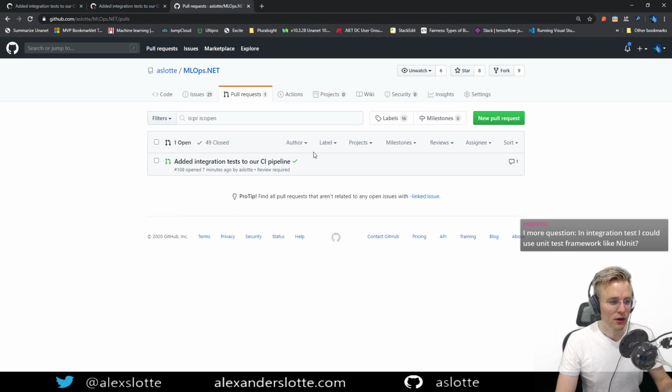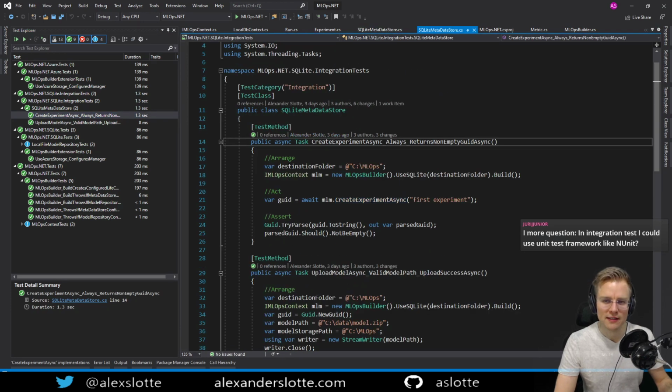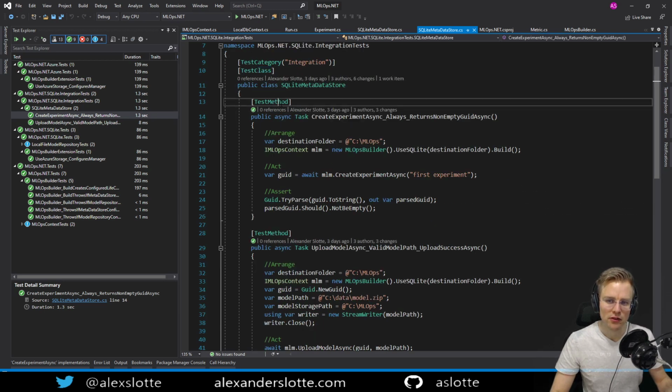Yeah, exactly. In both integration tests and unit tests, you'll use NUnit or XUnit or something like that. You have the same framework in both. If you look at this integration test, the only difference is I labeled it integration. It's because when I run it in my continuous integration pipeline, I want to filter them out or in. Otherwise it's the same. I'm using NUnit here for the test class, a test method from NUnit to define this test method, and I'm doing the same thing: arrange my setup stuff, act, and assert.